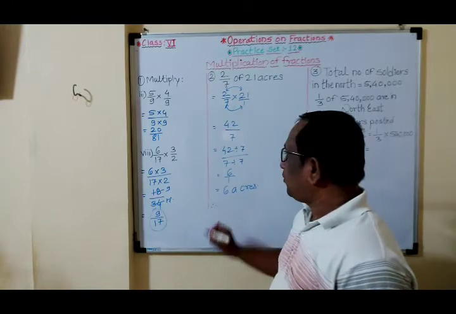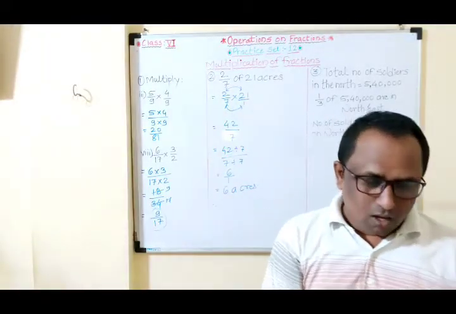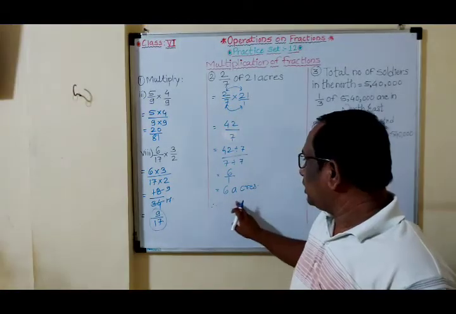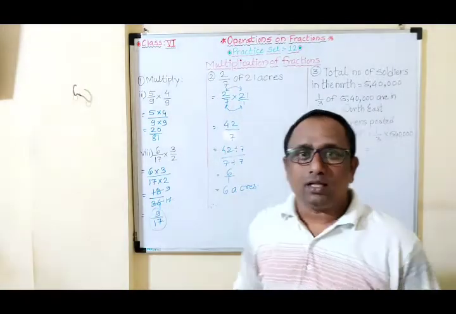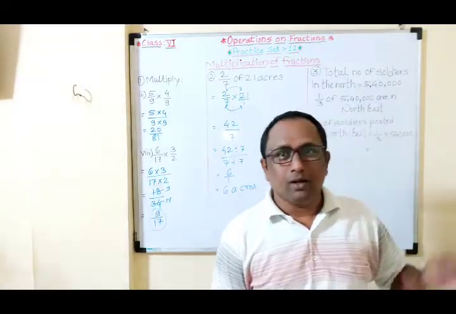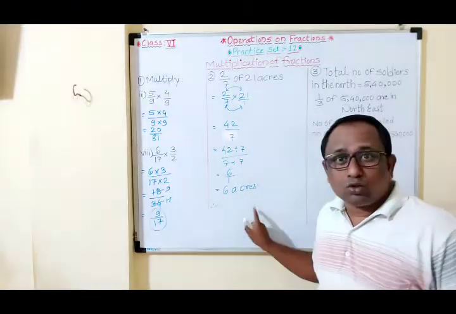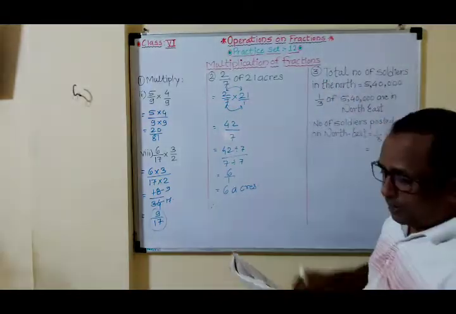Okay. Lastly, therefore, you have to write, students. You have to write this in a full sentence. What is the question? What is the area of the banana plantation? Then you have to write, therefore, the area of bananas is equal to 6 acres. This way you have to solve the example. Okay. Now the third one. You have to write the sentence, students, don't forget here. Okay. In your notebook. Now the third one.